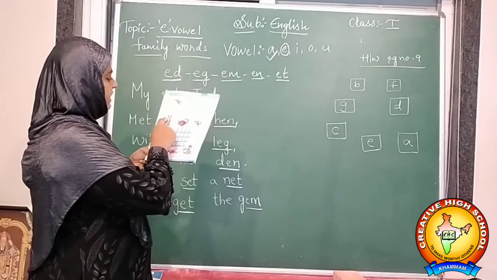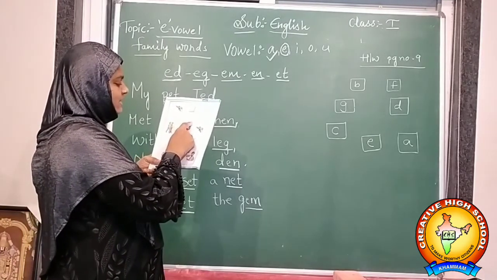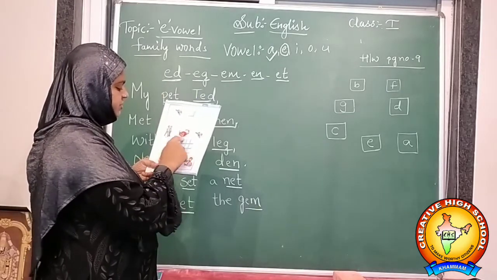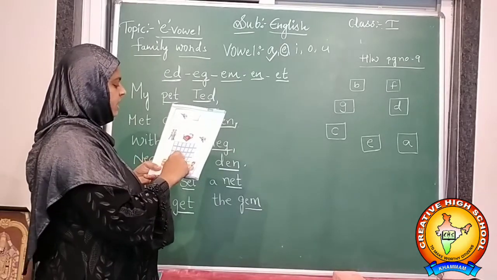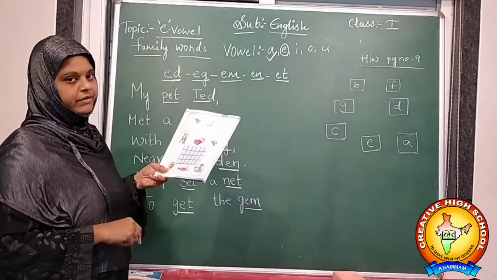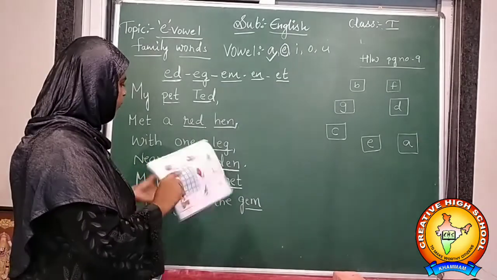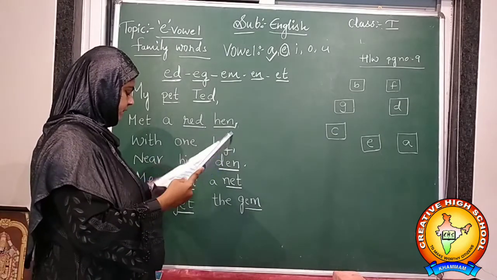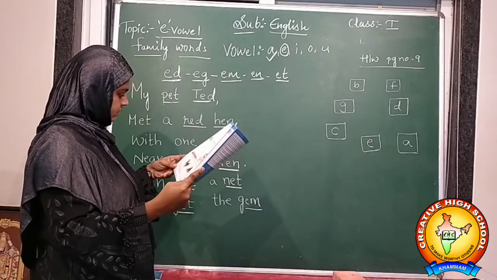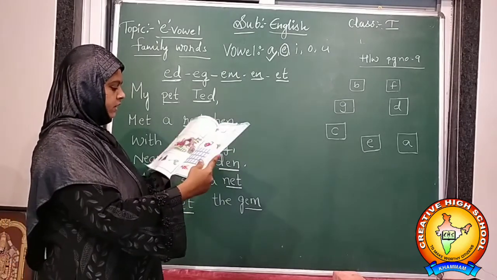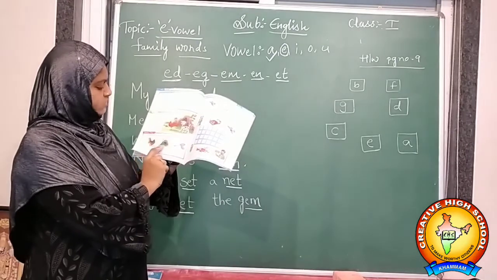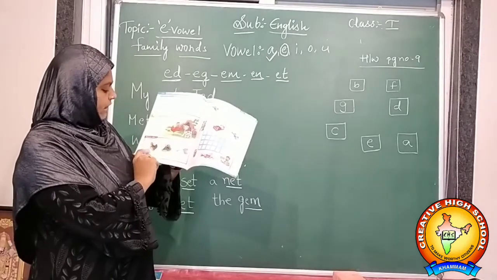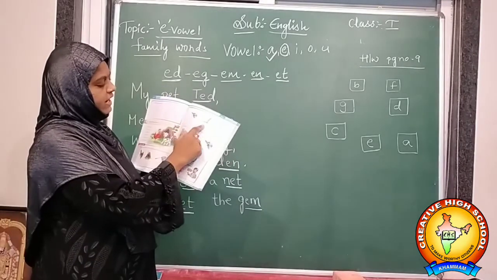You have to circle the words with the vowel sound E in the word search. In this word search, you have to search for E letter words and circle them. Got it, everybody? That is the homework for you. So I am going to write the words for this lesson. See here, practice zone. This one you have to do as homework. Identify the pictures and write their names.